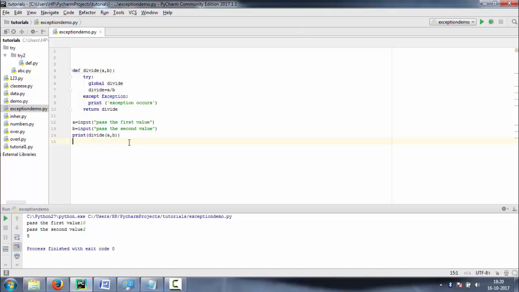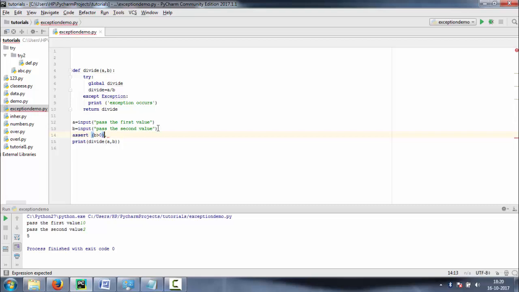Now let's understand the assertion. It is carried out by the assert statement. Suppose here in divide I am applying a condition to our input. We want that b should always be greater than 0. So let's apply an assert statement on it: assert b greater than 0.